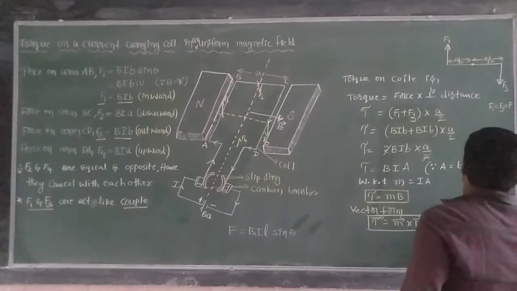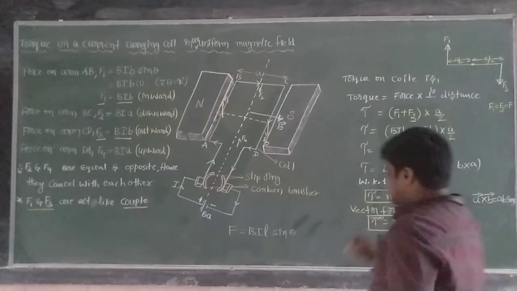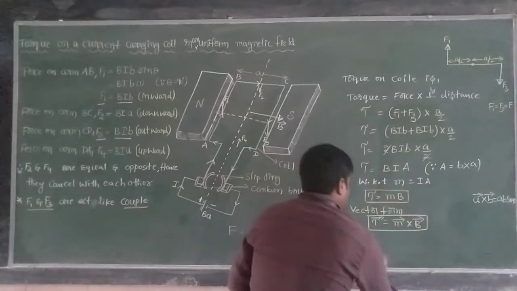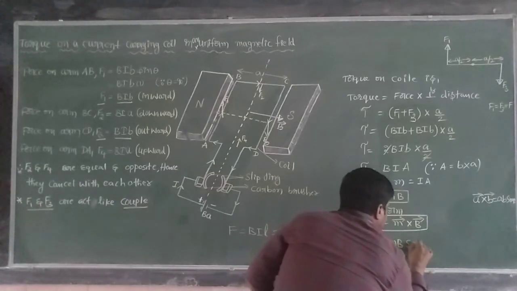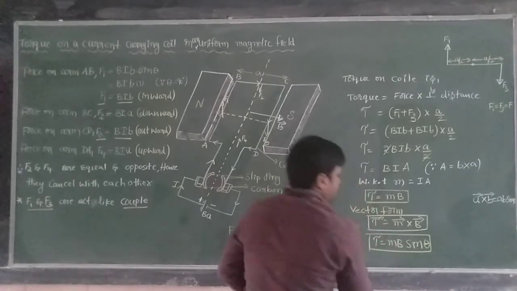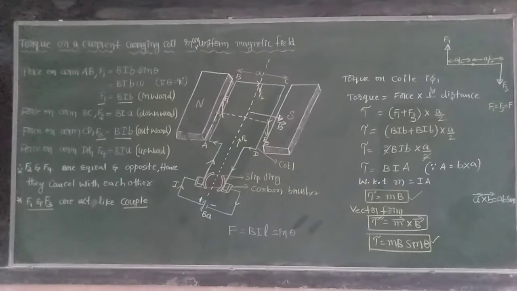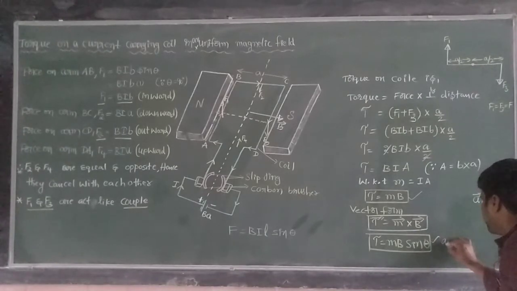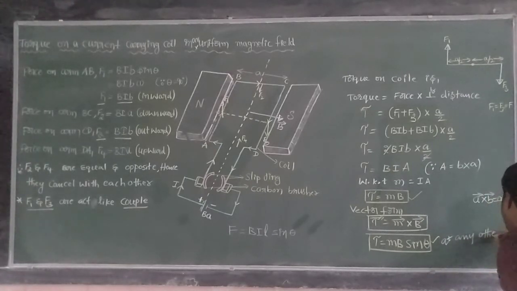Now thereafter, A bar cross B bar is equal to AB sin theta. In a similar way, tau is equal to MB sin theta. Tau is equal to this is correct and this is also correct. This is at any arbitrary angle of the coil, at any other angle